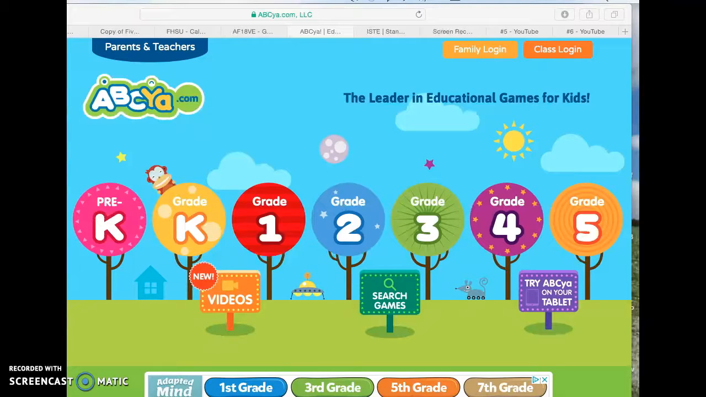So now I'm going to show a student how they would use this. So when you go on your computer or your tablet or smartphone, wherever you'll be working from, you're going to go to ABCya.com, and if you're doing it on a tablet, you're going to have to download the app, which is free. Once there, you're going to click on whatever grade level you're in, and so for us, it's going to be kindergarten, so we're going to click on the yellow tree. And once we click on it,